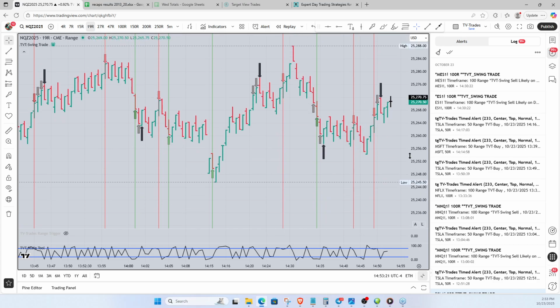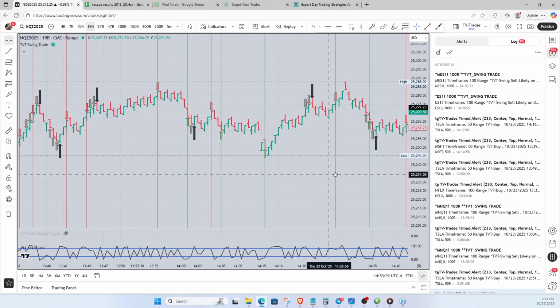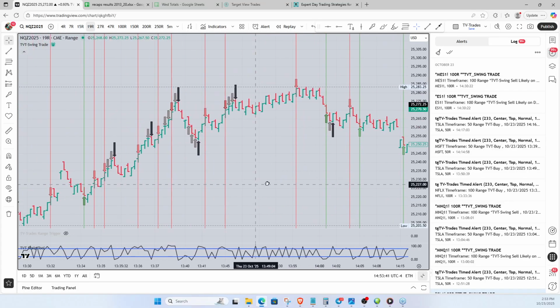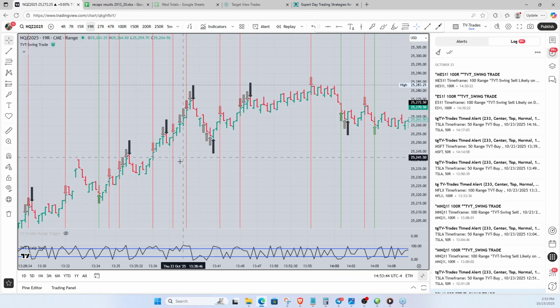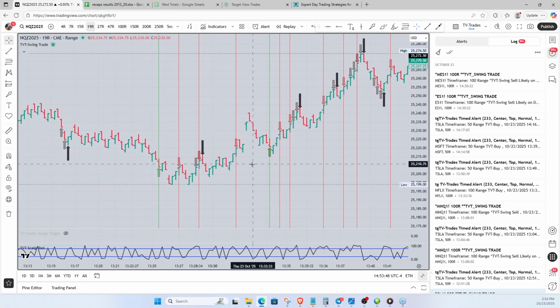Alright, the other thing, Hal, that you had asked about, if you have them both on at the same time, and let's say you get an indication to go short. If you get a green arrow or a red arrow right before the black arrow, that means the green arrow or the red arrow overwrote the gray arrow.